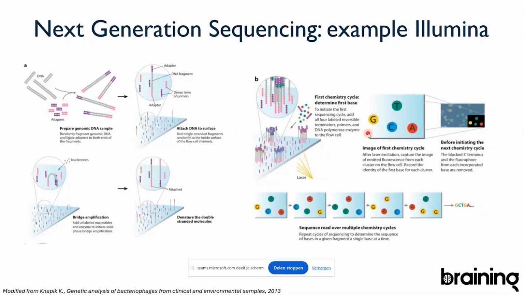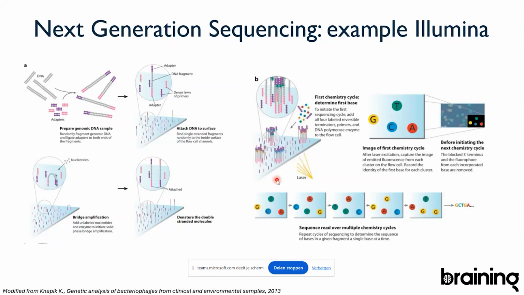So basically what you do is you have a first step of the polymerase incorporating a base, right? So that's what happened here. You have a cluster, and here the first base that's incorporated is the guanidine. And how do we know that it's a guanidine? Well, it's fluorescently labeled. So there's a laser, it excites the guanidine, and then you have your readout. For the other cluster, it's a thymidine, a cytosine, adenosine. What happens then?